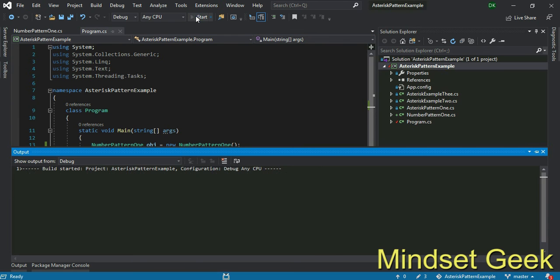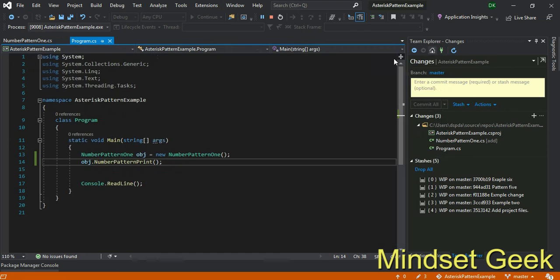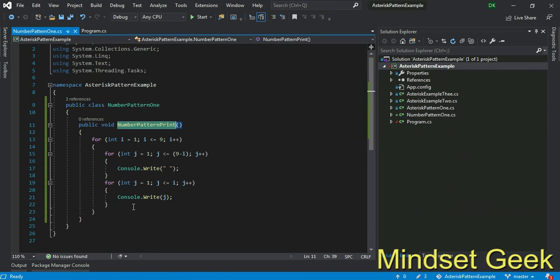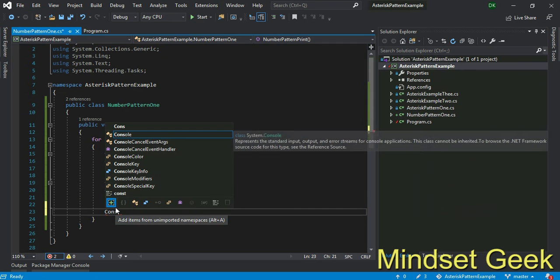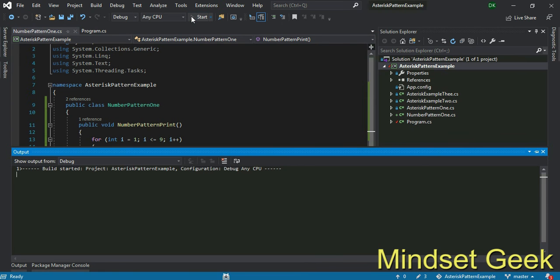Now run, check, right. I add Console.WriteLine also here. Now check. We need one more for loop, right?